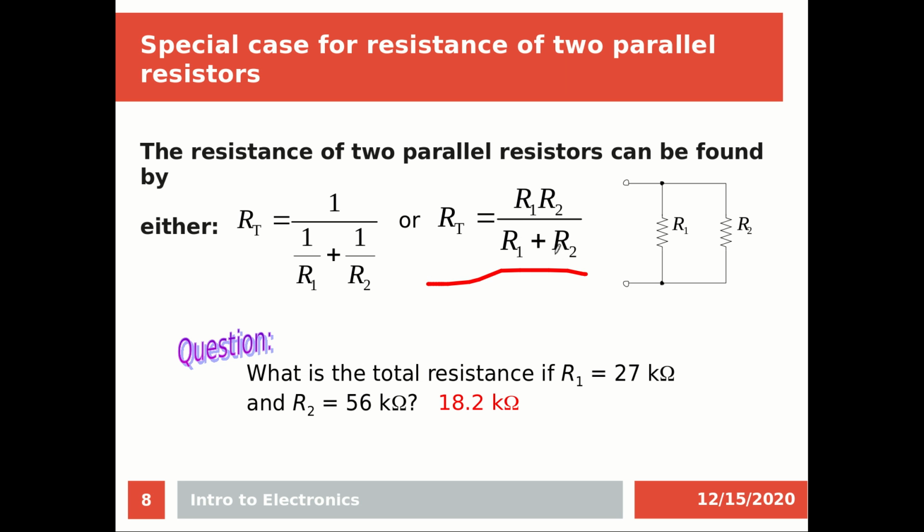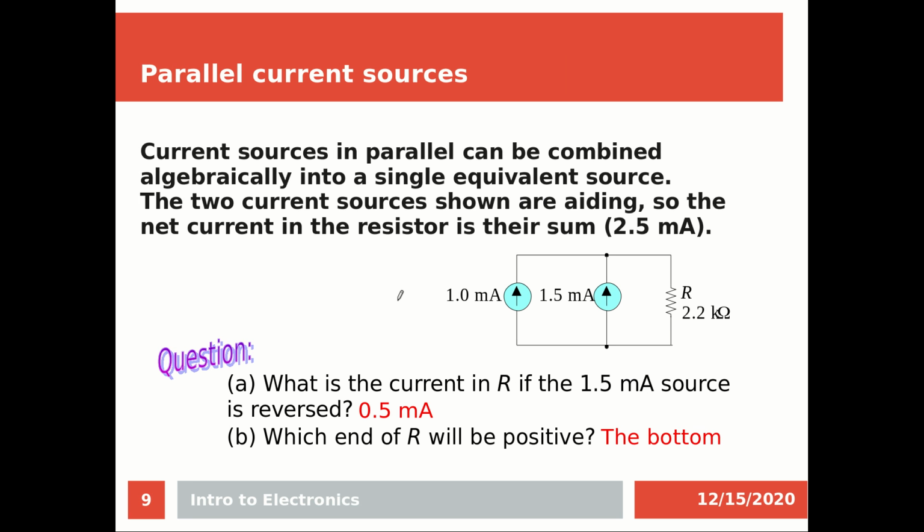This is especially for two resistances in parallel, two only. So if you have R1 and you have R2, you just put these values in this equation to get the total resistance. Okay. Parallel current. Now if I have a source of current and I have another one in the same circuit,